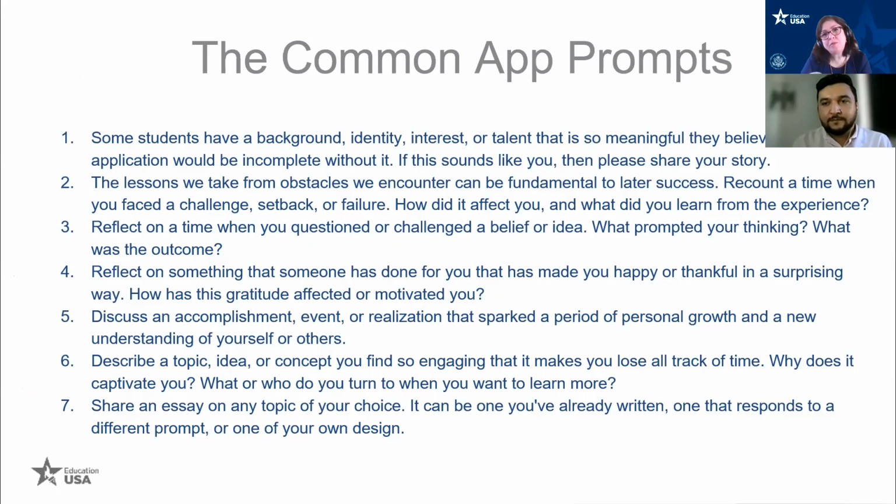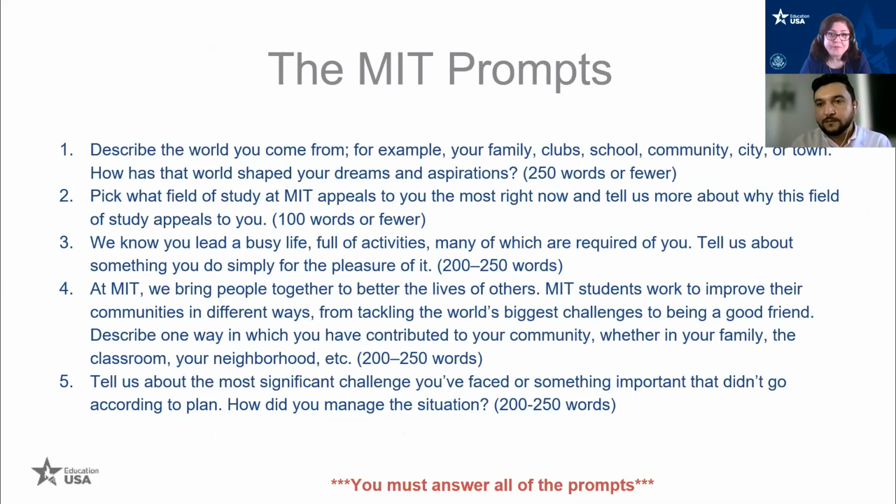Now, the most common platform that universities use for students to apply is the Common Application. This year they have 7 prompts, and you have to choose one. The last one is basically for if none of the other 6 really reflects who you are: you can choose the 7th and write about anything that you have already written, and upload that to the Common Application.